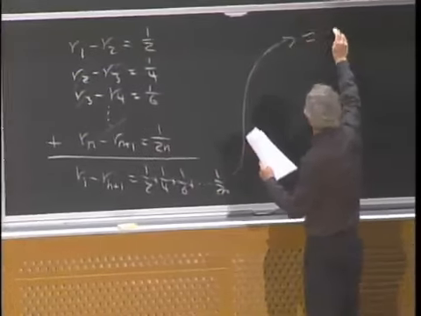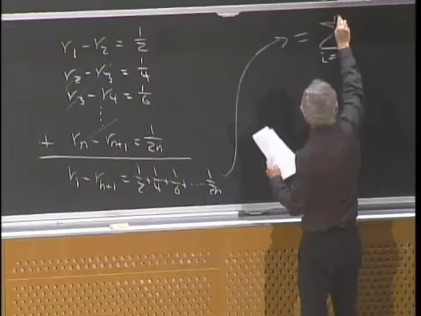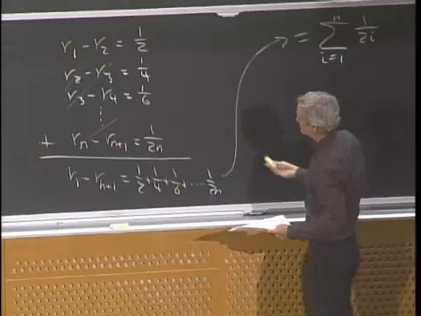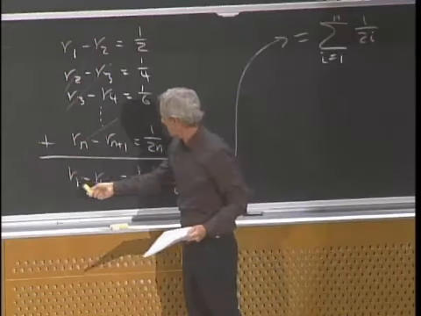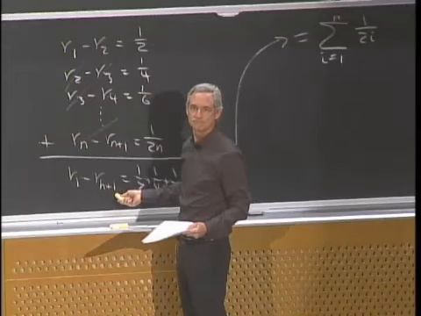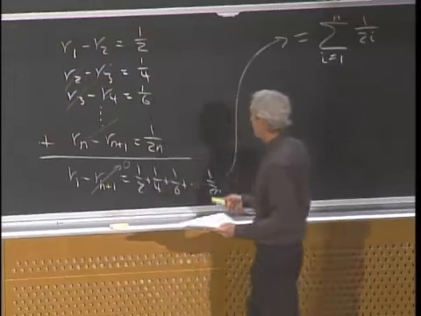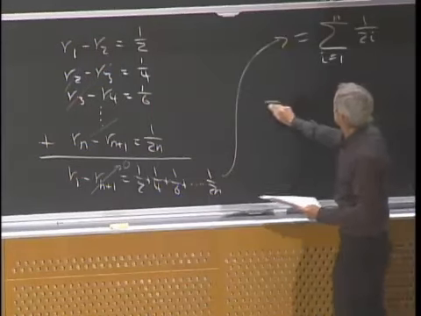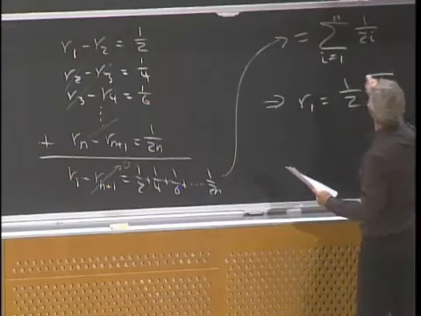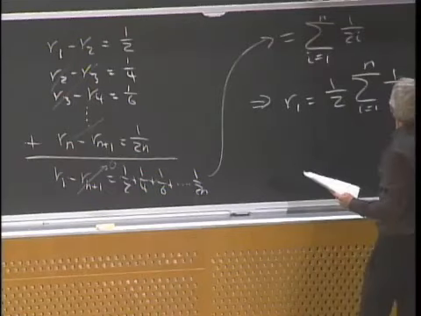All right, so that's just equal to the sum, i equals 1 to n, 1 over 2i. Now I got R1 minus Rn plus 1. But what's Rn plus 1? 0. That's the table. The table doesn't hang out over itself. So in fact, R1